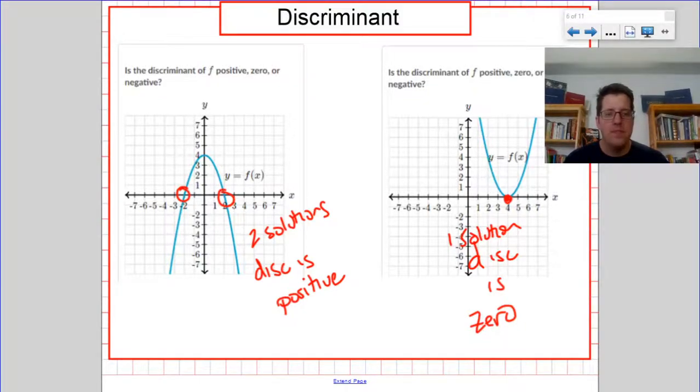X equals opposite b plus or minus the square root of b squared